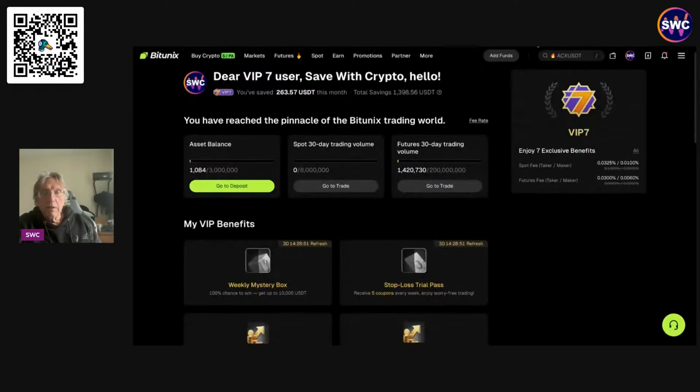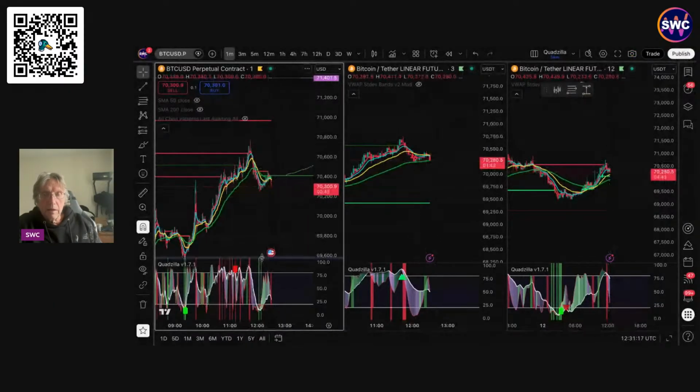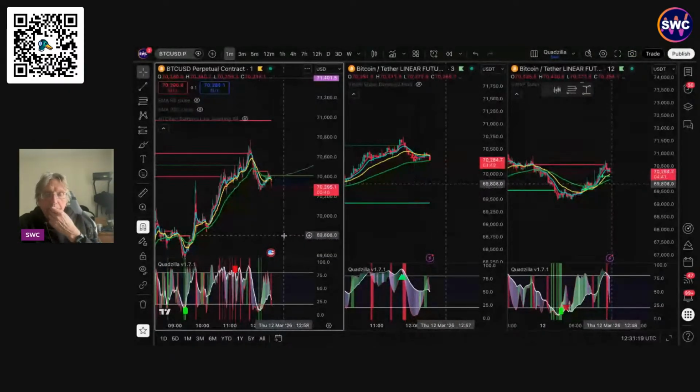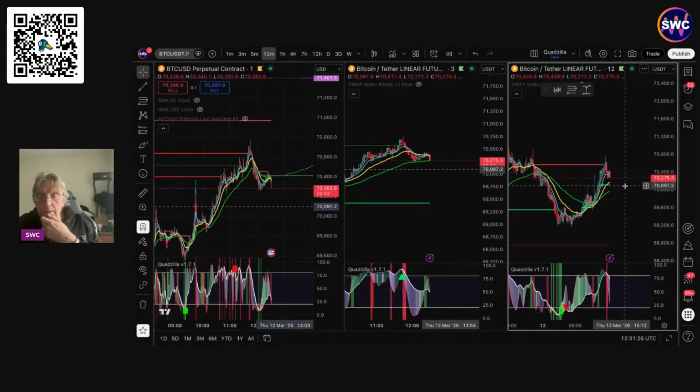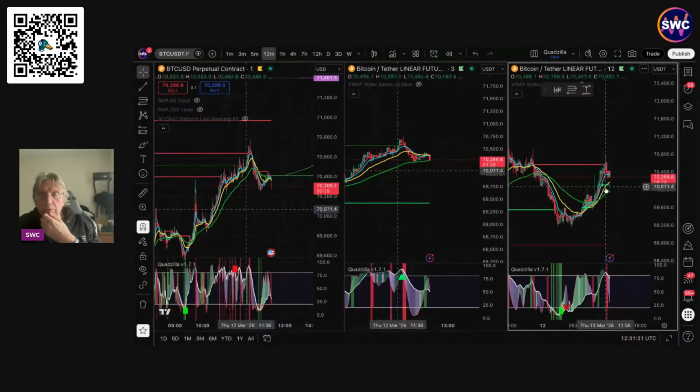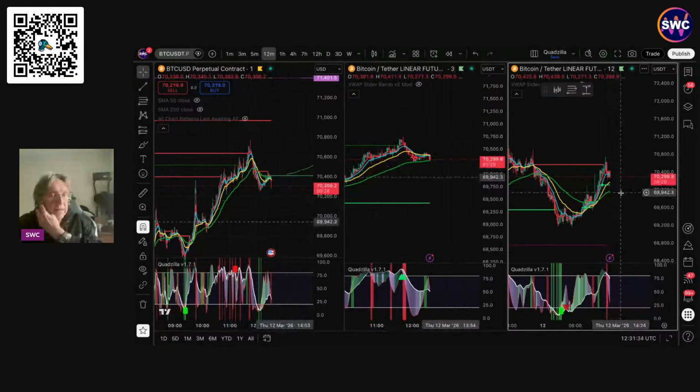Anyway, let's go back to the chart. It's not a lot happening, is there really? Price is coming down a little bit now. What's that level there? 71. So 70.1. That's got a bullish retracement there. It might come down to there. I don't think it's going to whoosh down just yet, is it?